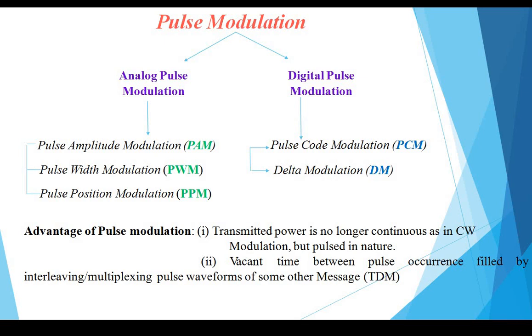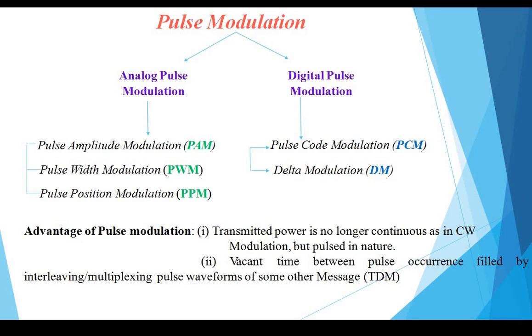Whenever you have free time, means vacant, suppose I have a pulse train of 1s and 0s, 1 0 1 1. If you consider a one, then you have an upper peak of pulse, a positive pulse. After this upper peak of pulse, you go to zero, which means no power is transmitted, you have a free time over there. At that zero free time, this vacancy can be filled by multiplexing a pulse waveform of some other message signal which can be used for your transmission.